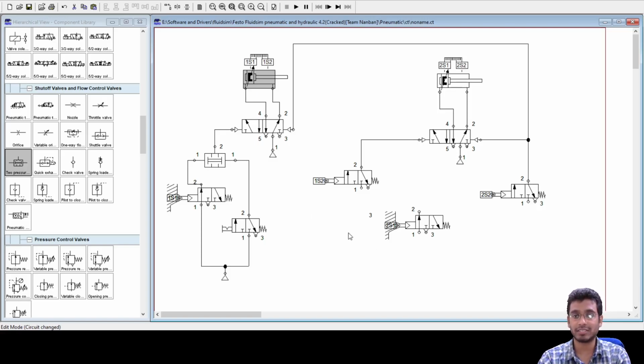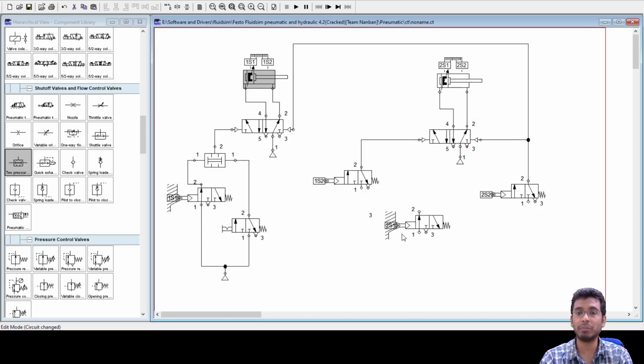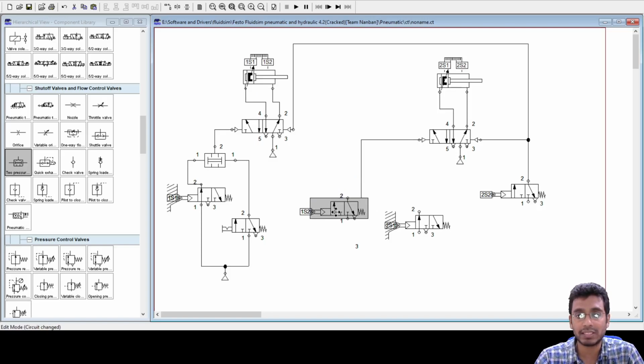Fine. So let us try to simulate this. Now see why I have kept 2S1. Anyone have an idea why I have kept 2S1? Just as a similar case in this one. Suppose 2S1 ensures that my cylinder 2 starts to extend, but first it should remain in its retracted position, because there may be some condition for this cylinder as a safety mechanism, that only once it is at the completely retracted position, then only this sequence should run, otherwise this cylinder should not start. So what I am going to do is place this and this together in an AND logic.